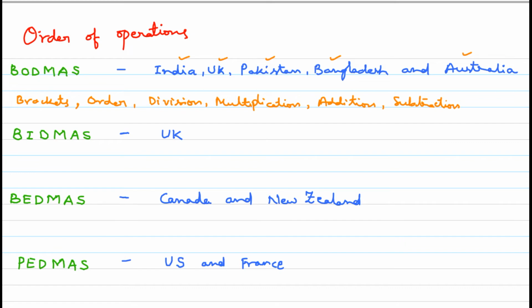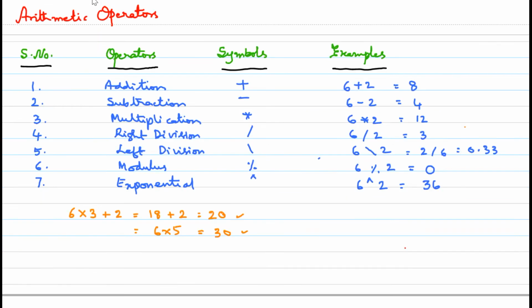If you go to the previous problem, yeah, if you see this problem, according to BODMAS rule, here there is no bracket, no exponential, and division is also not there, but multiplication is there. First we have to perform multiplication, then we have to add the things. So performing multiplication is this step and addition is this step. So finally 20 is the correct answer. 30 is not the correct answer and 20 is the correct answer according to BODMAS rule. So let's move on to the other different types of things which were very much popular in other countries.